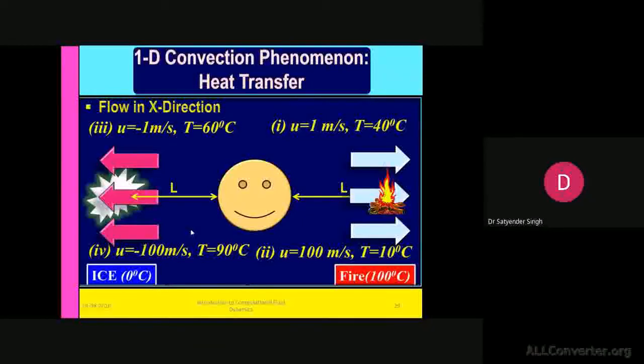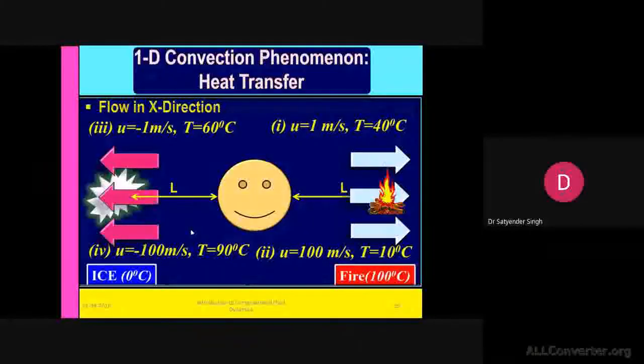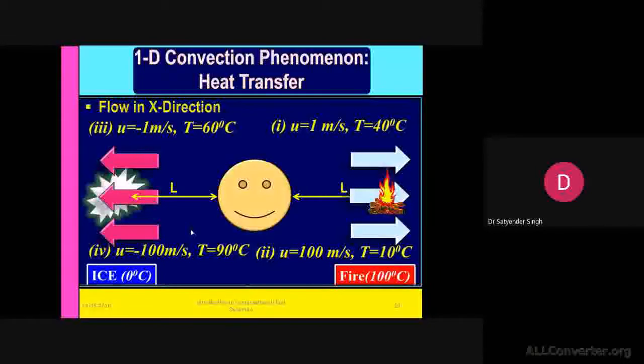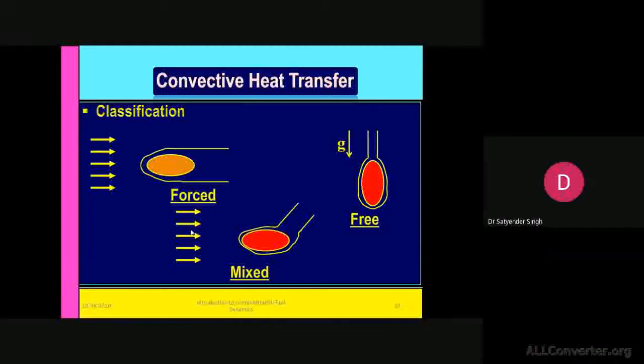So this particular problem is analogous to the convection problem. Inside the boundary layer, where we have very low velocity, mainly the diffusion phenomenon will transport the heat, and that heat will be carried away by the bulk fluid over the boundary layer, and combined they present one convection problem. In convection, we have forced convection, free convection, and mixed convection. Forced convection indicates advection as the phenomenon, free convection shows diffusion as the phenomenon, and mixed has both effects.